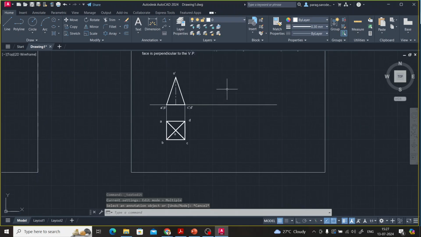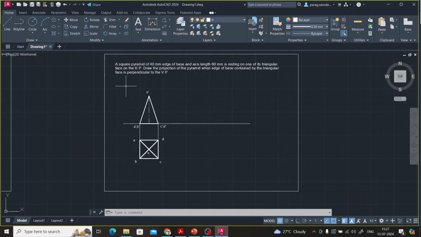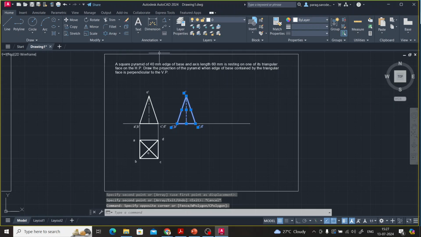Now, how to get the triangular face on XY? For that, copy this with the base point like this. Place it appropriately from the original figure. That is step 1, right? Then we copy this, right? Or instead of copy, wait, we select this